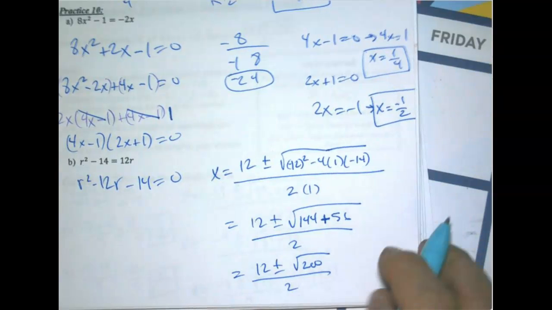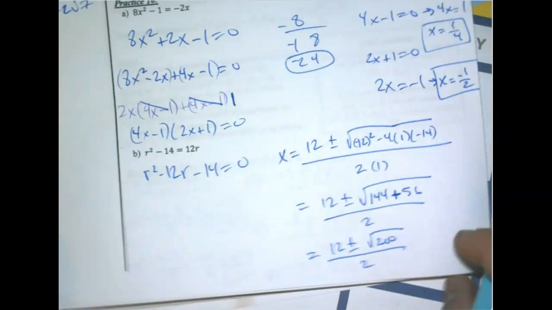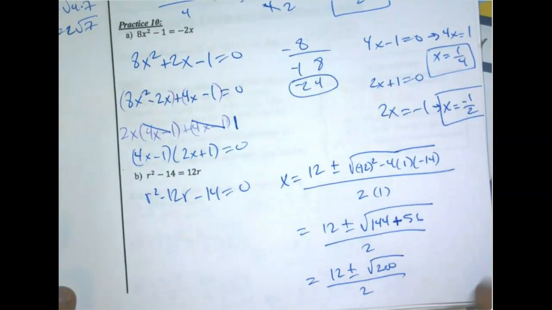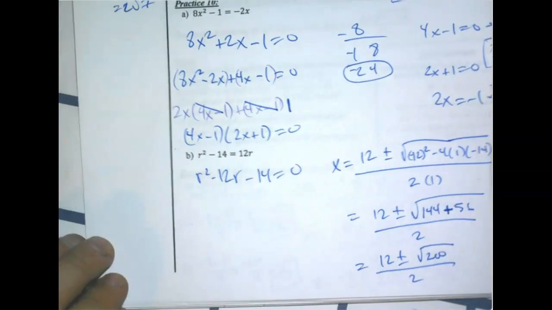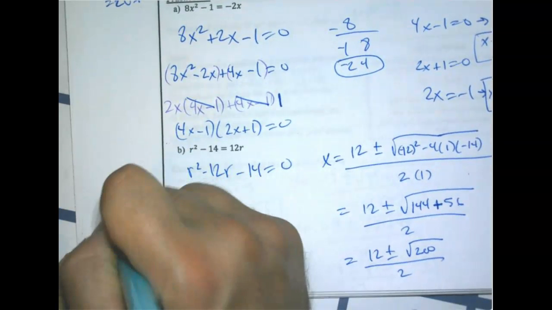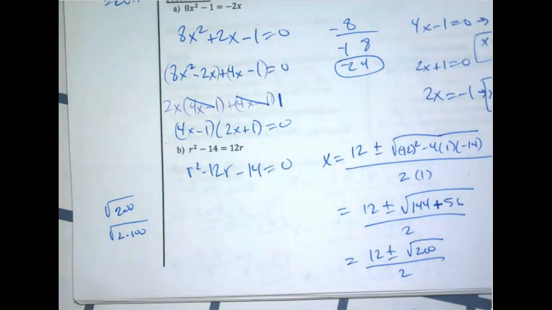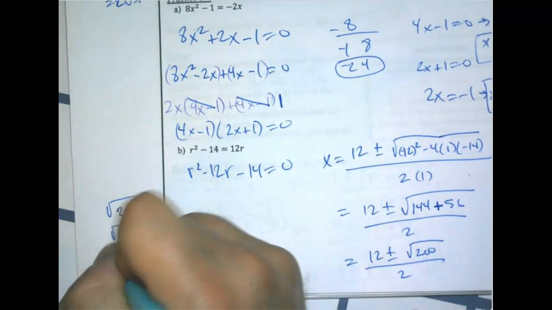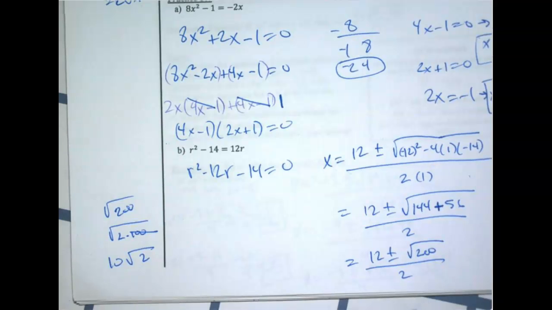Let me here on the side simplify the square root of 200. The square root of 200 can be simplified as the square root of 2 times 100. The square root of 100 is 10, and the 2 stays under the radical. So that's 10 radical 2. So